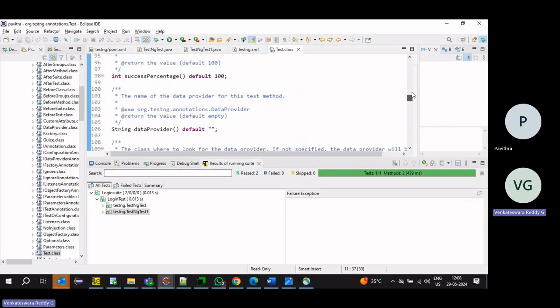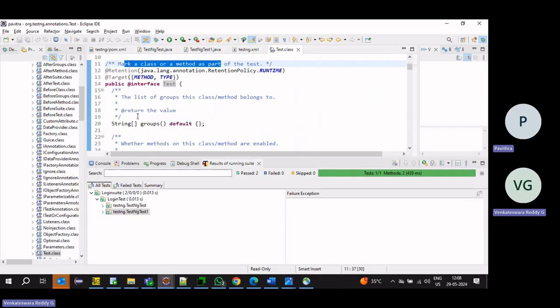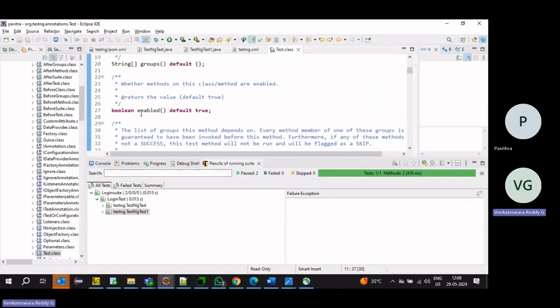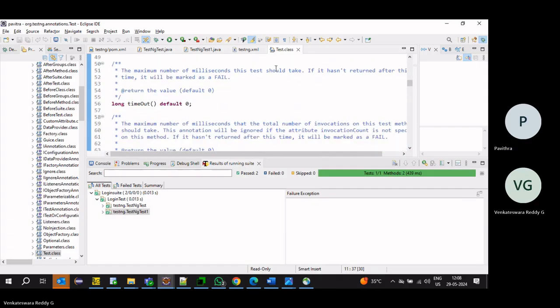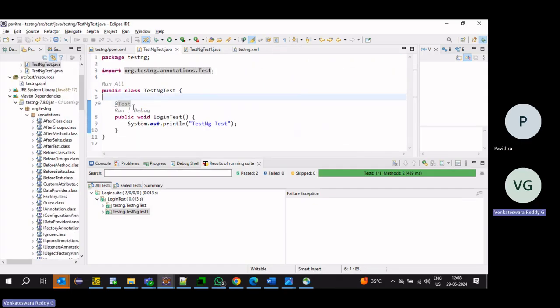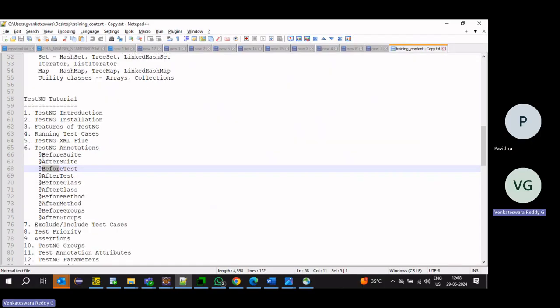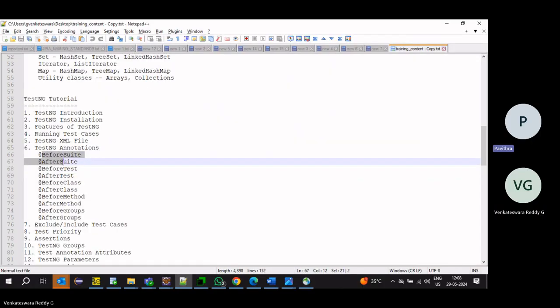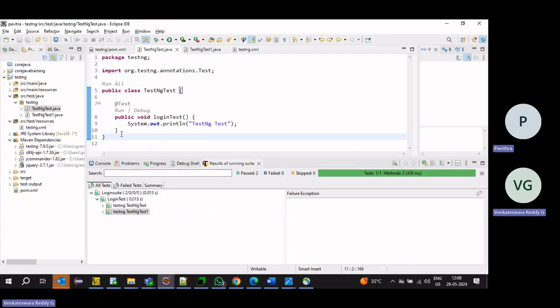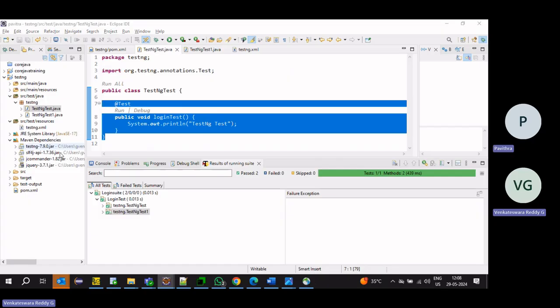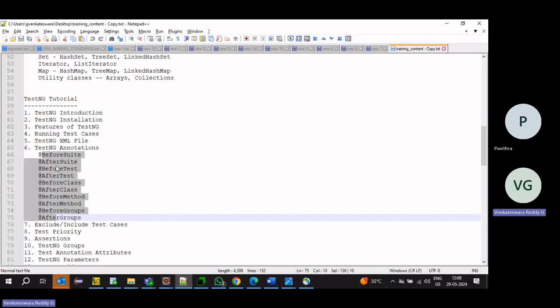Annotation will have some methods. That we will learn later. There are before and after annotations. Before executing a test case, all before annotations will execute.